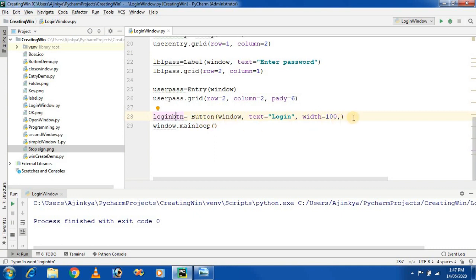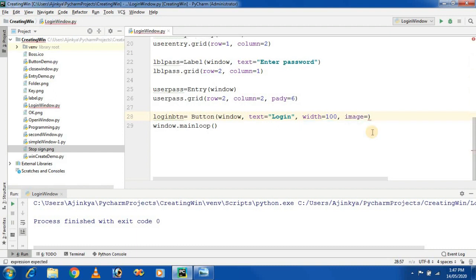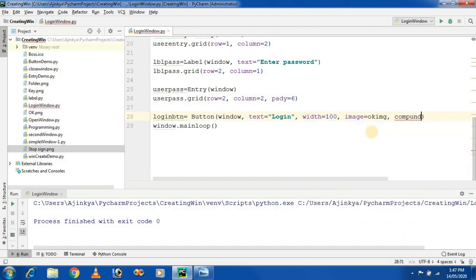So for the login button, if you want to display the image, there is a property called image, and pass the object, that is ok_image. If you want to display both the text and the image, then there is a property called compound.